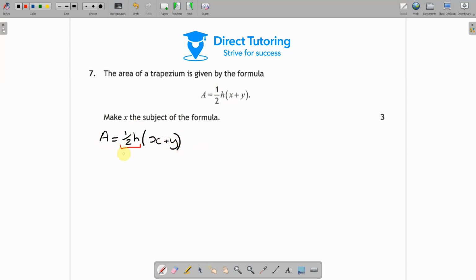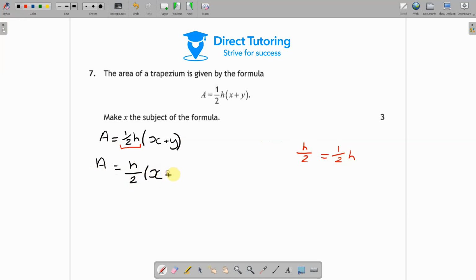Now I'm going to rewrite this half h as h over 2. That is the exact same as a half h. So in my equation, just to make it easier to visualize, I'm going to write A equals h over 2